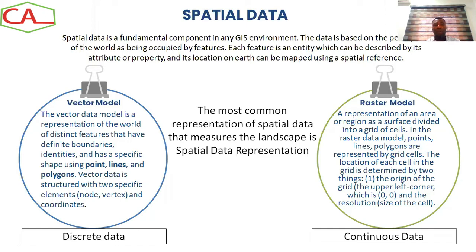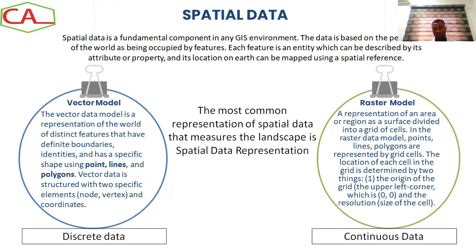So when we are talking about spatial data, there are two data formats: the vector model data and the raster data. The vector data are the ones that most of the time you're talking about points, lines, and polygons. The vector data is structured with two specific kinds of elements, the vertex and your coordinates. While your raster data represents an area or region, and this one is a kind of continuous data that is divided into grids